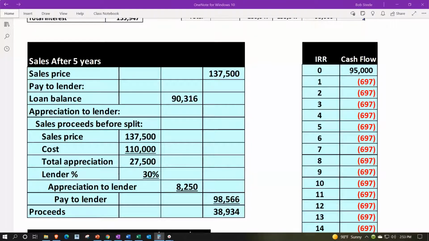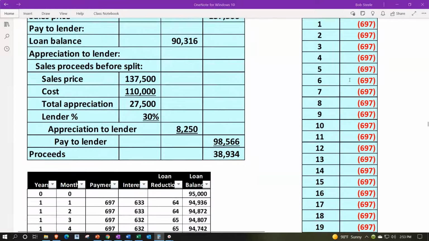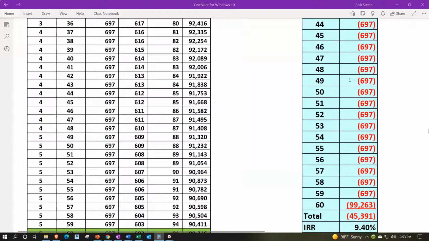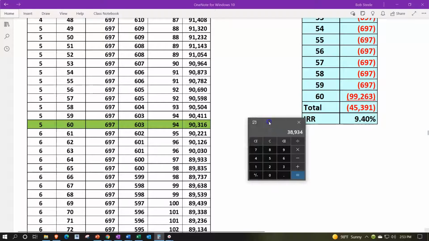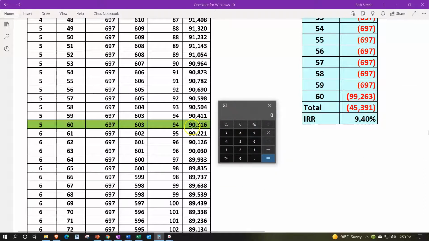the home. Then we got the outflows of the $697, and we're doing it on a monthly basis all the way down for 5 years, 5 times 12 being 60. So now we're down here at 60. And then at the last one, we got this added twist, because now there's going to be an outflow if we sell it of